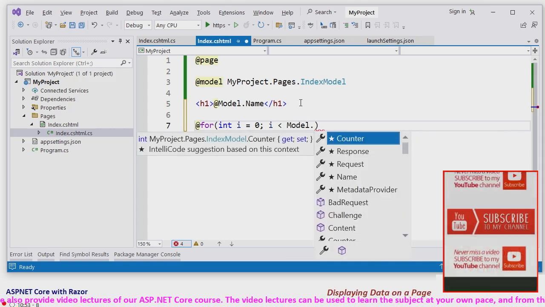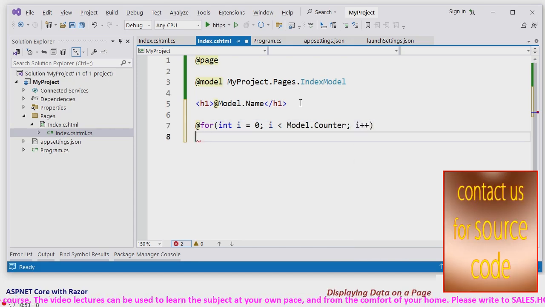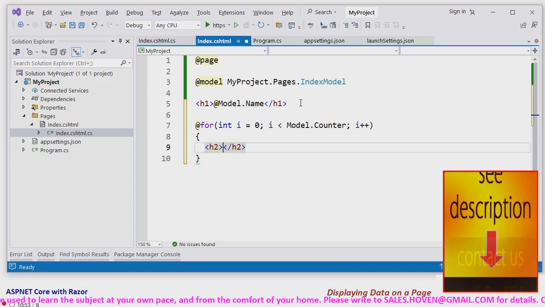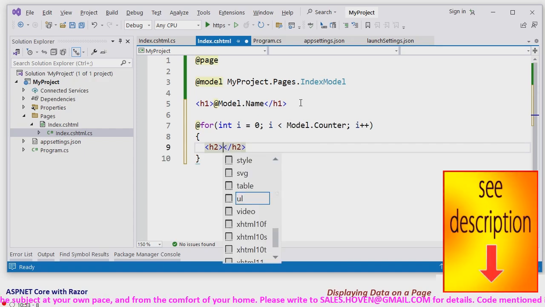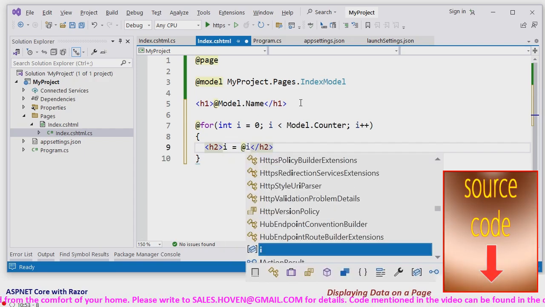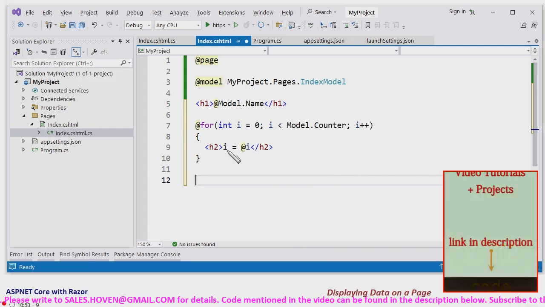We don't need to use the @ sign everywhere. It has to be used only where new code starts, i++, and inside some tag we can say @i. So @ is used wherever new code starts.